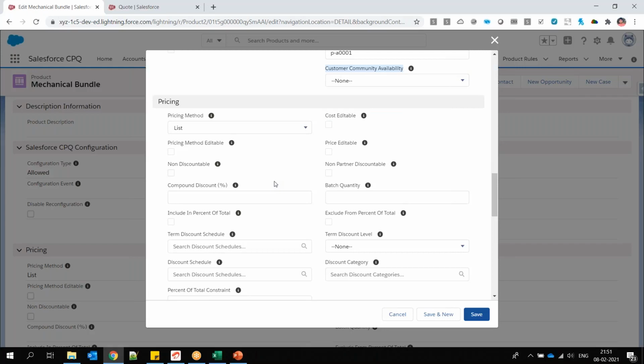Moving forward to the next session, that is the pricing session. As I mentioned, I cannot explain anything here because you will not understand what this list is, and what this cost, block, and percent of loss are. So what we need to do, when we are actually discussing the pricing session,